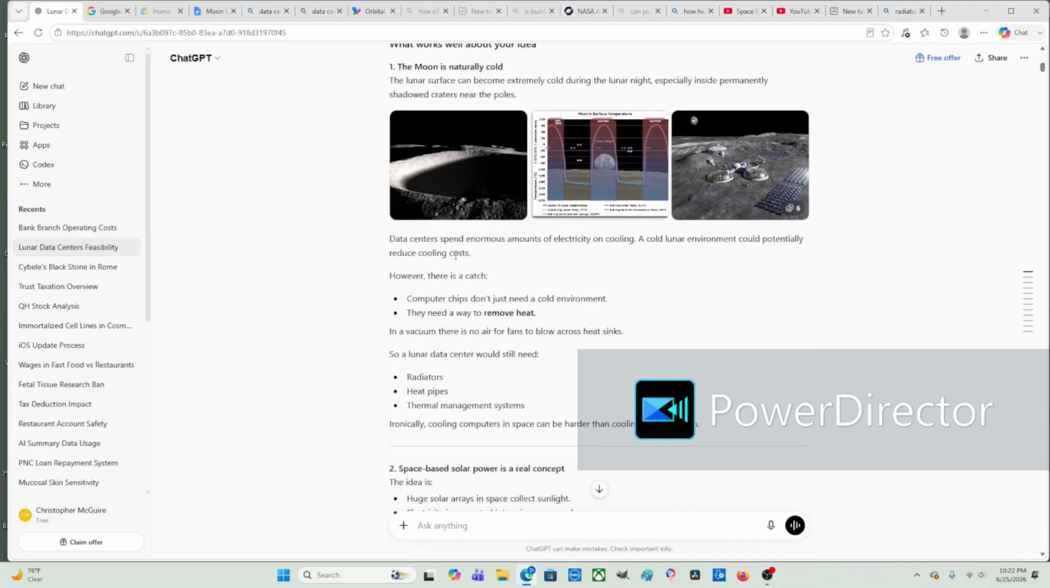Data centers spend enormous amounts of electricity on cooling. A cold lunar environment could potentially reduce cooling costs. Even though the air temperature of the moon is cold, it does not necessarily mean that the data center is going to be cold, because